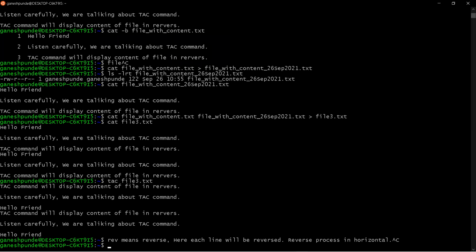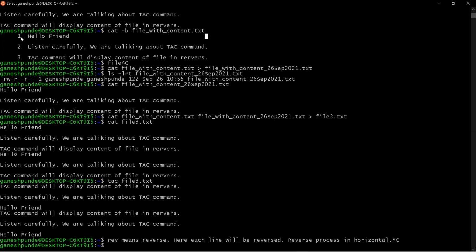So basically the rev command is for reversing the lines present in the file, and each line will be reversed. Suppose we take our original file, file with content.txt.